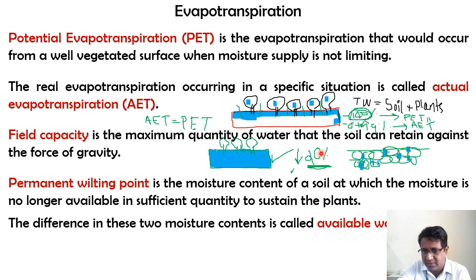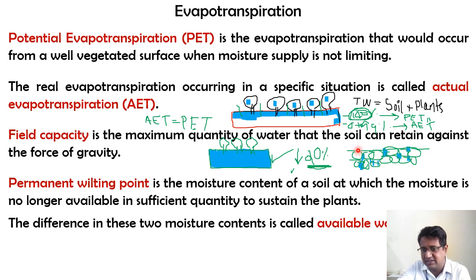So if the moisture content of the soil goes beyond a particular limit, all the voids that were filled with water have been exhausted. There is no water inside the voids at that point, even though the soil has moisture, because the particles have absorbed some of the water. But the plants will not be able to extract that water from the soil particles. They can only extract water from the voids.